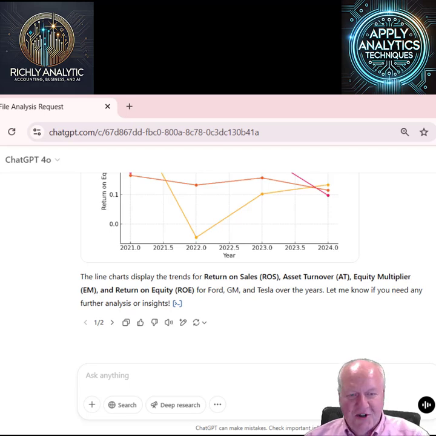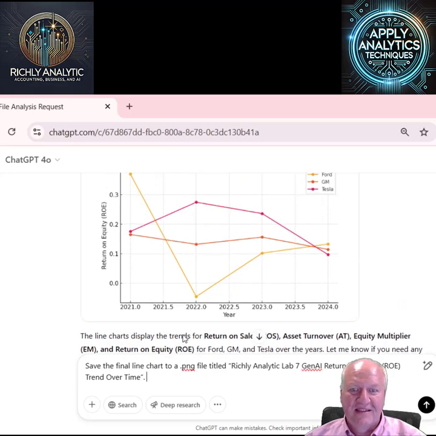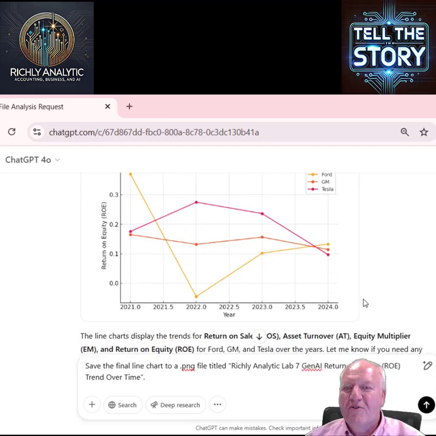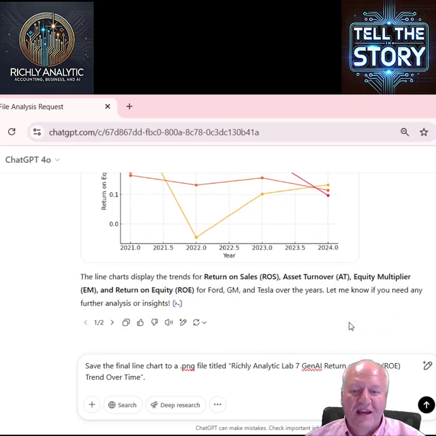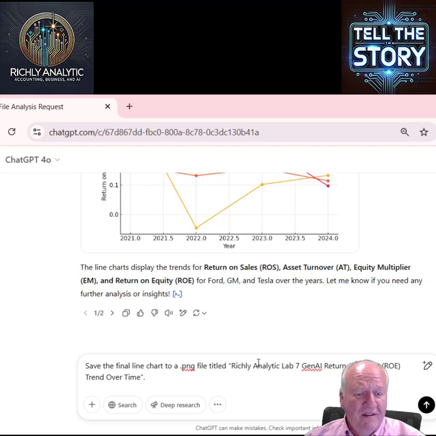I can ask it to interpret the results and tell me which one's performing better, but what you'll see is some are better at some things than others. And you can kind of see how close actually return on equity is for all of them. So many think that Tesla was an overperformer, but at least in return to shareholders' or stockholders' equity, it looks roughly the same. So to finalize this lab and tell the story, we probably want to generate a visualization.